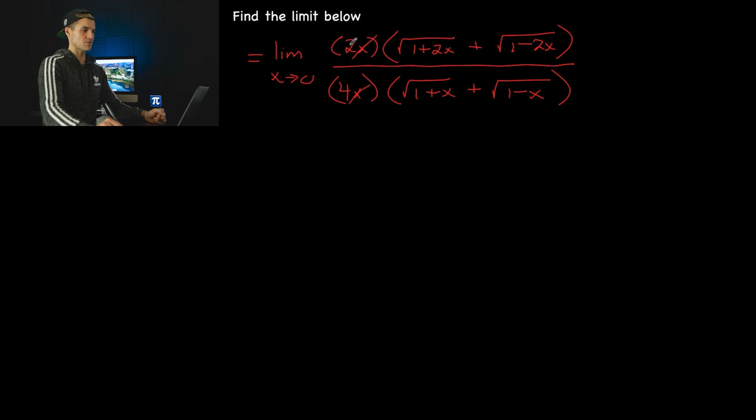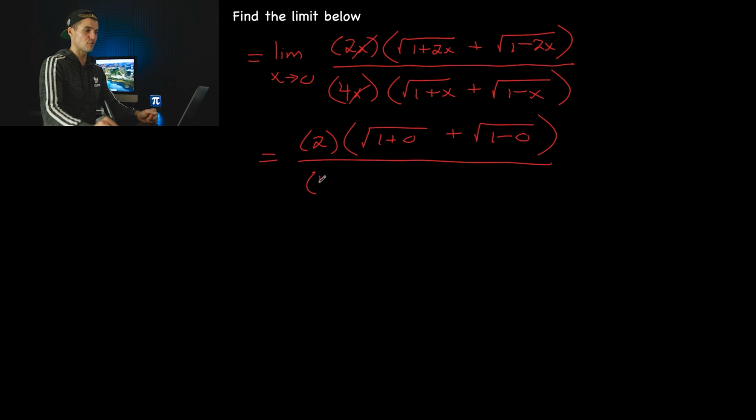Now you can also simplify this 2 over 4 to 1 over 2. Let's just keep it for now. It's not too big of a deal. But what we can do now is sub in that x value of 0. And we're not going to have that indeterminate form anymore. So we're going to end up with 2 over here in this bracket. This would be root 1 plus 2 times 0, which is 0, plus root 1 minus 2 times 0, which is 0, like that, all over 4